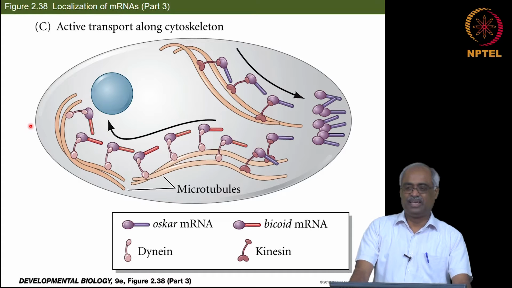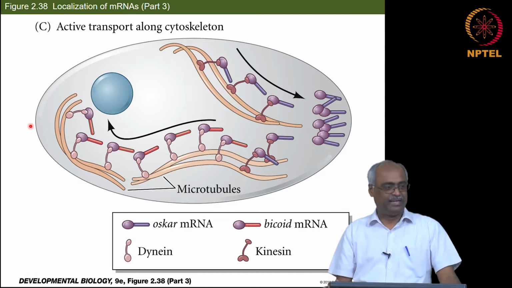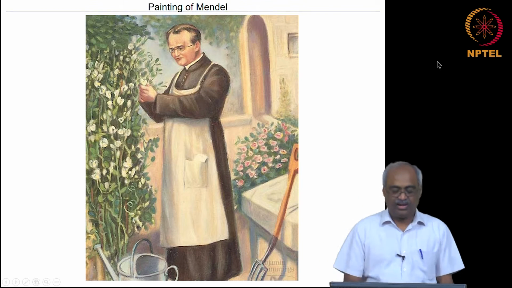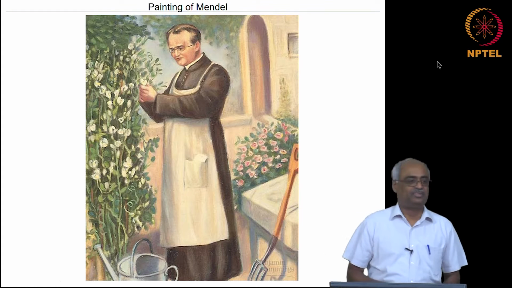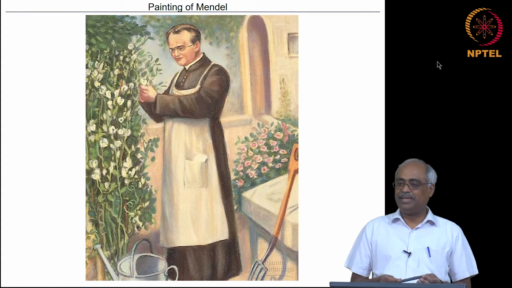So I usually have a few lectures fully dedicated to genetics as part of this course. So this course actually should be aptly named Introduction to Developmental Genetics. Okay, so all of you know Gregor Mendel was an Austrian monk, but there is a little bit of history